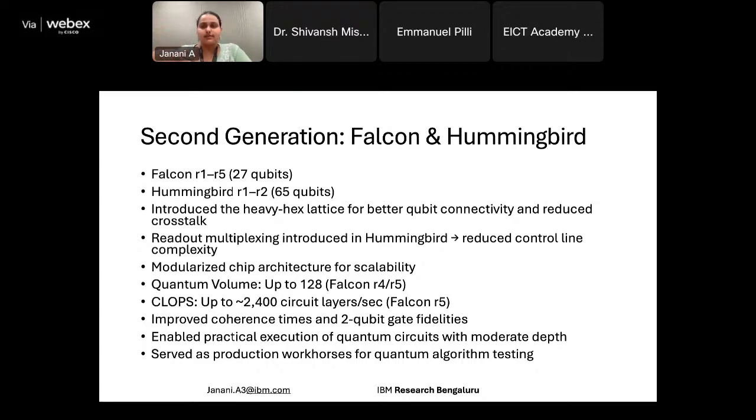Now this again we will discuss as we go on, but I'm jumping a little bit ahead so that you have context for why something we are looking at here is going to be important as we go through the course of the lecture, or also in the context of whatever you've learned so far as well. So something called readout multiplexing is introduced in Hummingbird, which reduces the control line complexity. Then you have modularized chip architecture for scalability. Okay, this comes much later on, but then in Falcon, you have quantum volume of up to 128, in the R4 and R5,